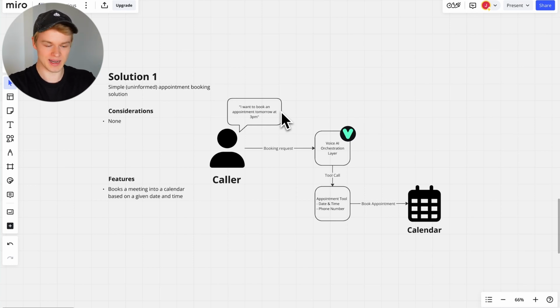And let me just explain, it's all here. So we have a simple, uninformed appointment booking solution. And for considerations, it's none, because obviously it is uninformed, right? And the features, it should just book a meeting into a calendar based on a given date and time. So we have the following flow. You can imagine the caller says something on the phone like, I want to book an appointment tomorrow at 3 p.m. Then we're gonna send a booking request to a voice AI orchestration layer, which in my case, I'm using